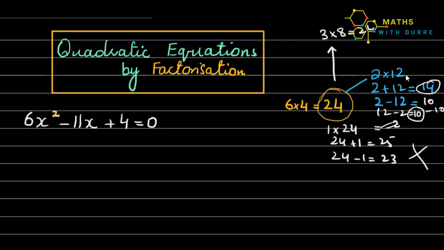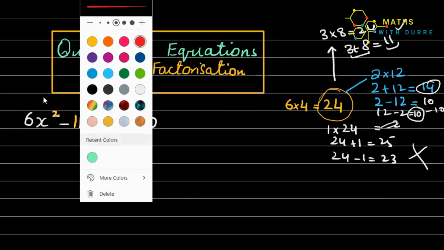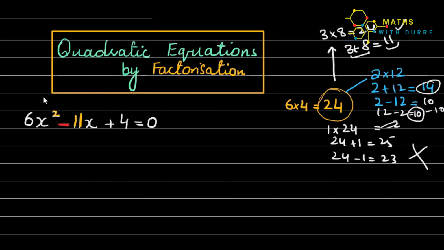is giving us 24. So okay, let's add it: 3 plus 8 is giving me 11. Oh wow, I will choose these factors because I know that by adding both of them, I am getting 11. So I got 11. But now the question is all about sign. What about this sign? How can I get this sign? Remember, the middle term will not be complete until it also has its sign.